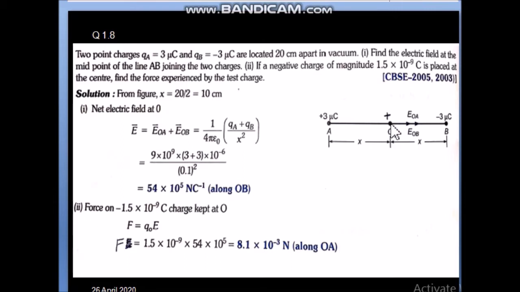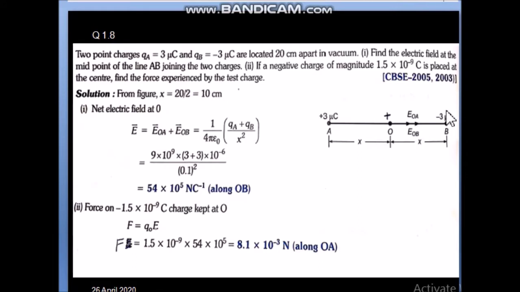First of all, let us find the directions. How we have got these directions? So we have to assume unit positive charge to find the electric field direction. Wherever this unit positive charge will go, that is the direction of electric field. So at point O, we will place plus charge. We will consider one charge at a time. That means due to plus 3 microcoulomb, where this plus will go. So this plus will get repelled. That's why the EOA direction is this side.